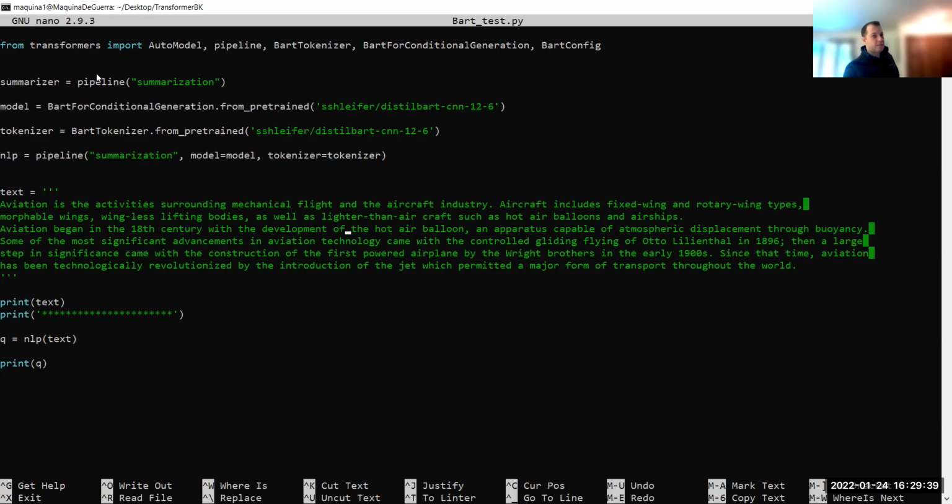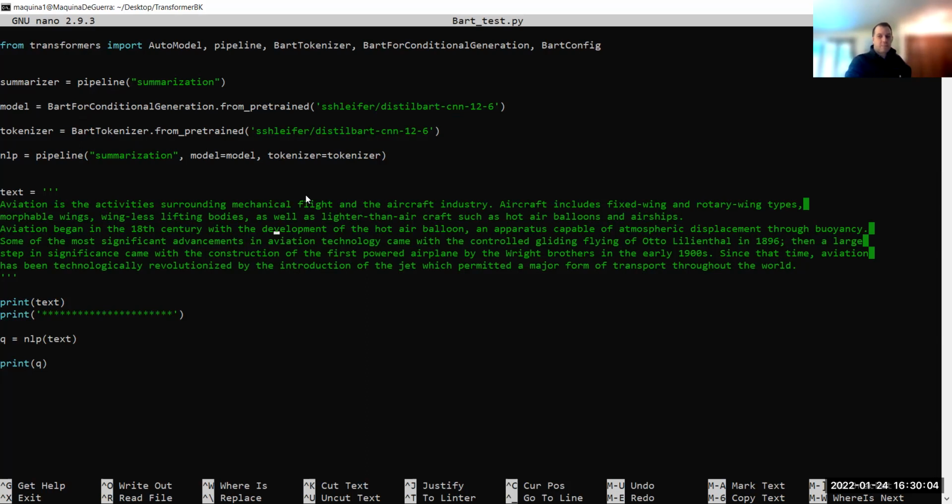But notice here, basically you define the pipeline, which is what you want to do. You define the model that you're going to use, something from Huggingface, this one. You define the tokenizer here, BartTokenizer from_pretrained, and then the same thing, the distilbart. That's the tokenizer. And then after that, you put together the pipeline here: summarization, the model, the tokenizer.